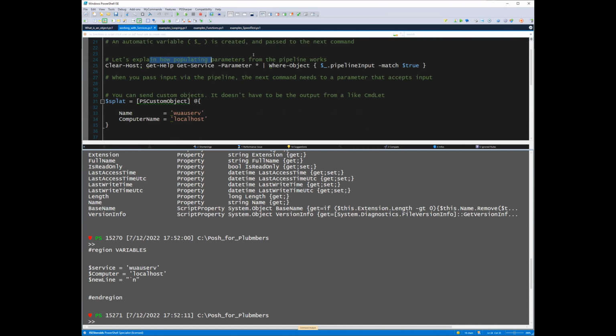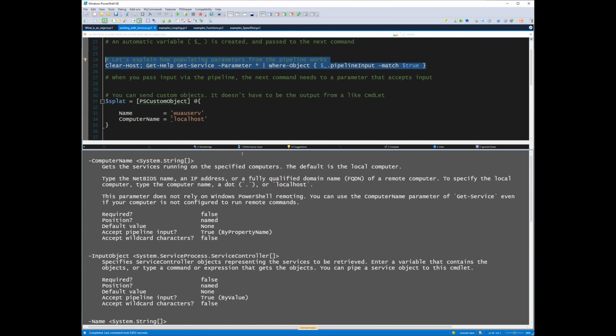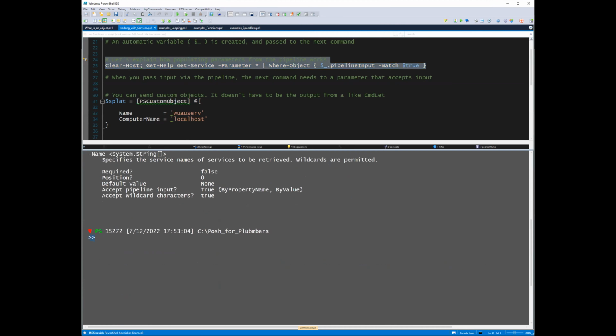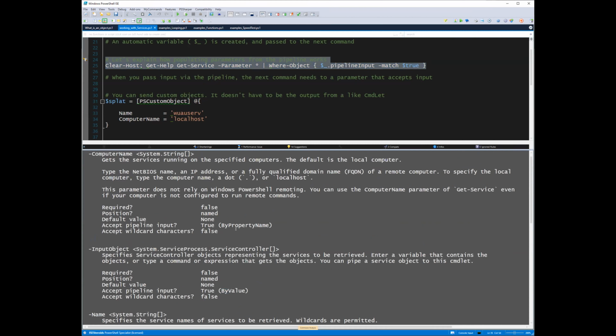Let's explain how populating the parameters from the pipelines works. Let me run this real quick. What we got here is just from the Get-Help on Get-Service parameters. We're looking at the actual parameters that accept pipeline input. I'm not really going to get into the difference between by value and by property name, but what I will say is that